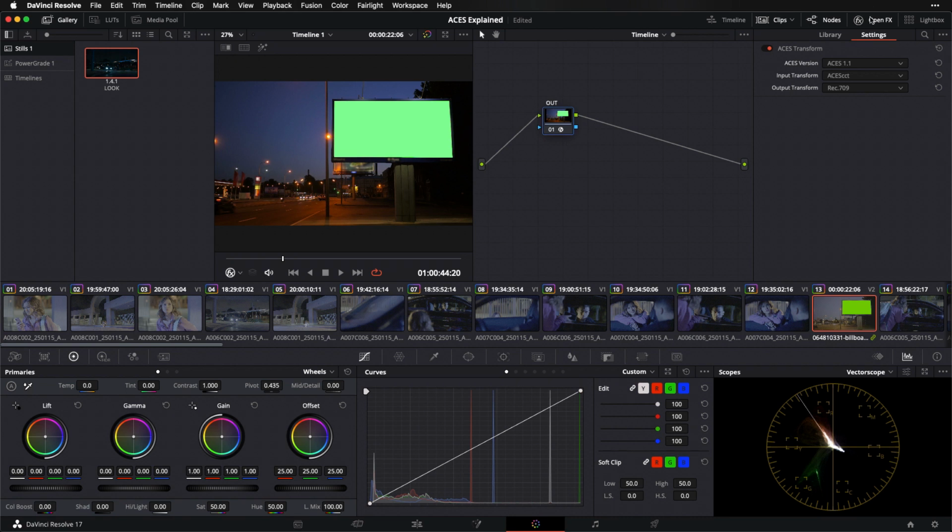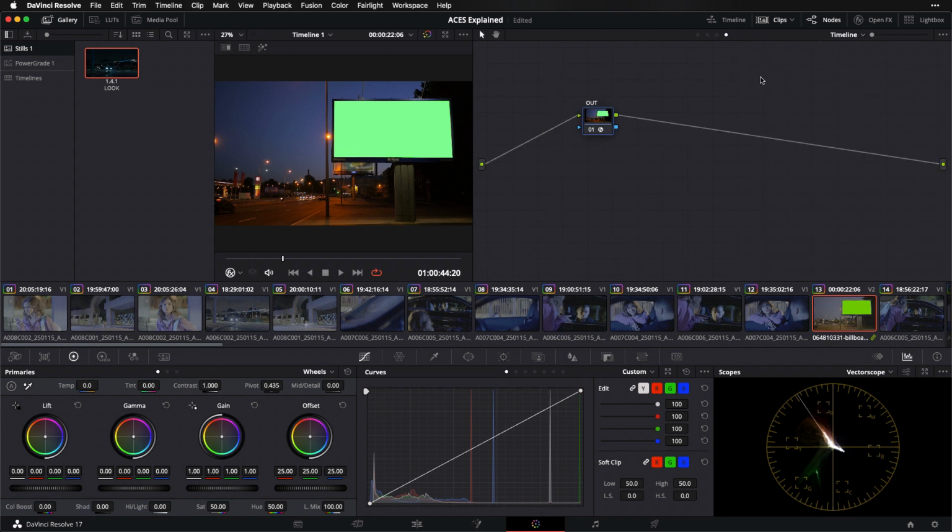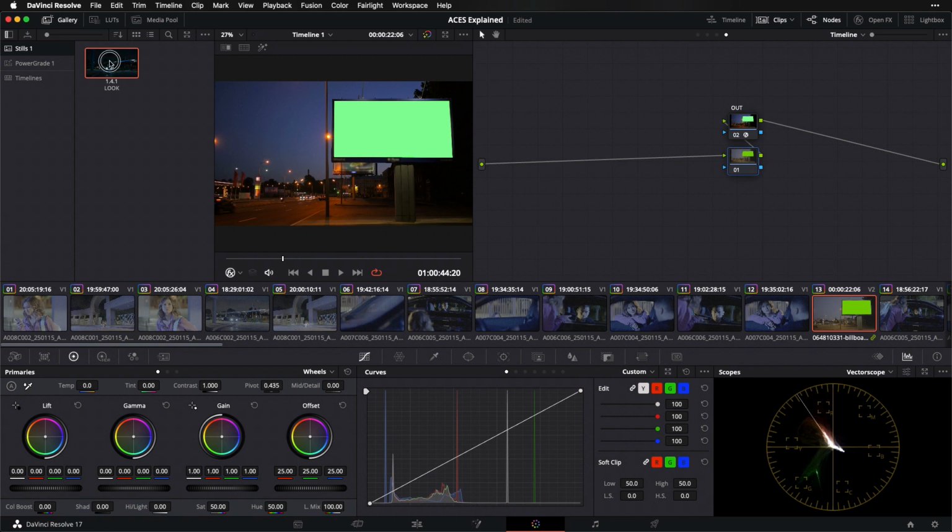So we've now successfully set up the same color pipeline that we looked at in part 1, but we've got things organized a bit better for actual grading. And while I'm here at the timeline level, there's one more thing that I want to do, and that's to add my look into the mix. So once you've got your color pipeline set up, this is generally the juncture at which you would want to rough out your look for your entire timeline. So I'm going to prepend a node here, and I'm going to take a look that I've already built for this timeline and drop it on.